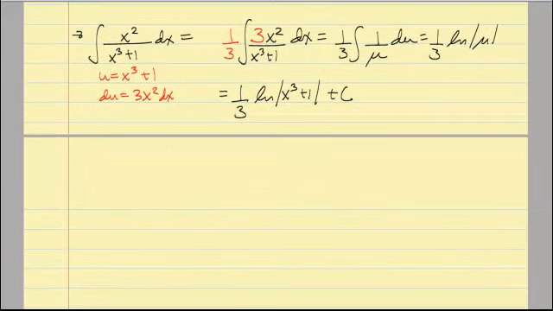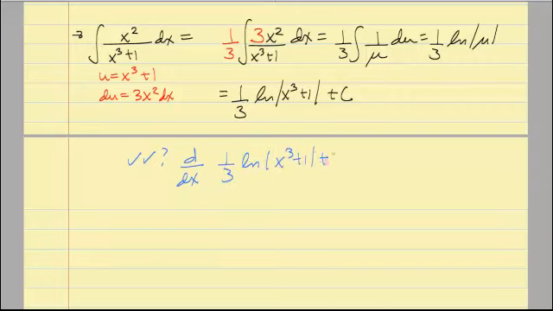So that's my solution. Now, here's a quick question. Does this check? Well, remember, we can take the solution for an integral and take its derivative. And if I take the derivative, I better get the integrand back. So for here, the derivative of a constant, of course, is 0, so that's kind of an easy part. For this piece, the derivative of the natural log of u is 1 over u